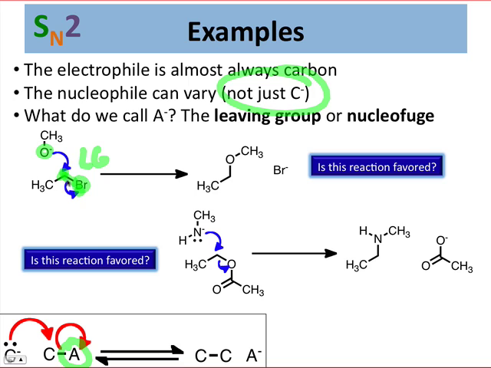It's the group that leaves the electrophile in order to accommodate the new bond to the nucleophile. We'll see leaving groups come back again and again, so understanding their properties is going to come in handy. And what you'll see is that we can use concepts that we've already discussed, namely acidity, to evaluate how good a leaving group is and whether it's reasonable to propose a leaving group as leaving in a step that we